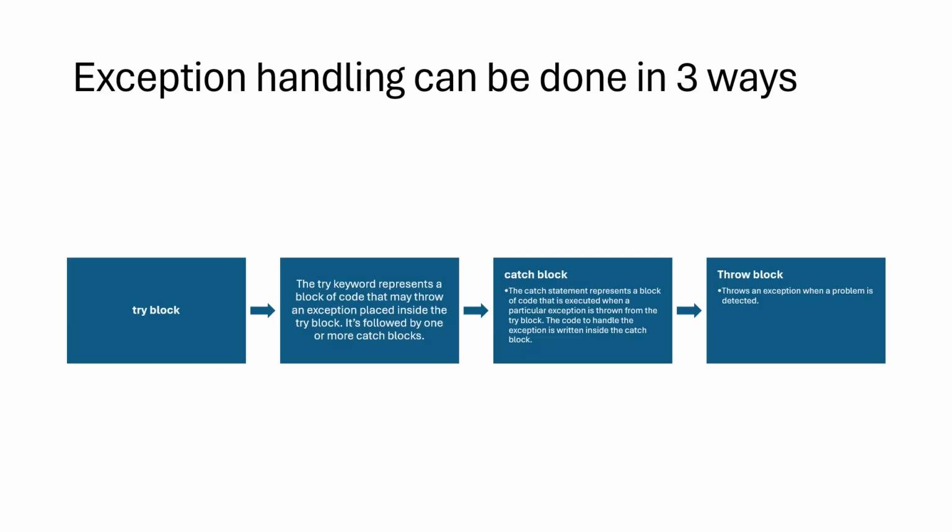There are many types of exceptions, which I already mentioned. Suppose there is an arithmetic error from using arithmetic operators, those exceptions are thrown with the type arithmetic exception. With array index out of bounds, if we go beyond the limit, it will mention the type array index out of bounds. Similarly, if it is out of memory, it throws the exception by its type. Those exceptions are caught in the catch block. Then throw: when a problem is detected, it is mentioned there.